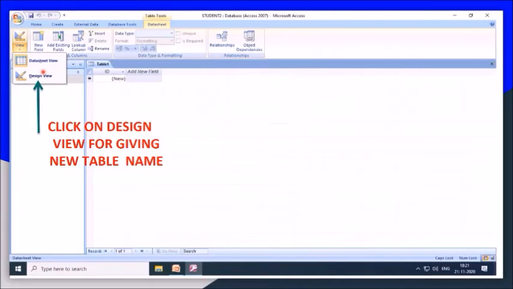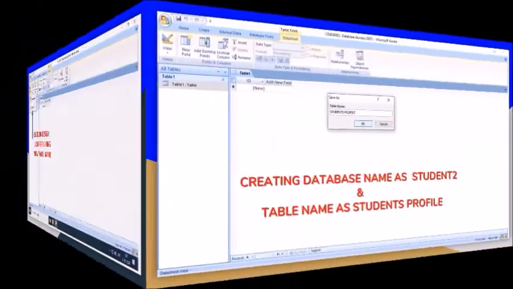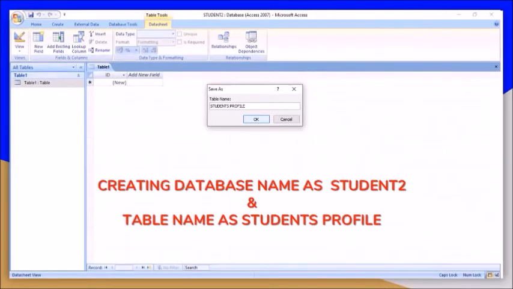Now to create a new table, we have to click on view, go to design view. When you click on design view, you will get a new table name. Now you can create here a new database table, that is student profile.